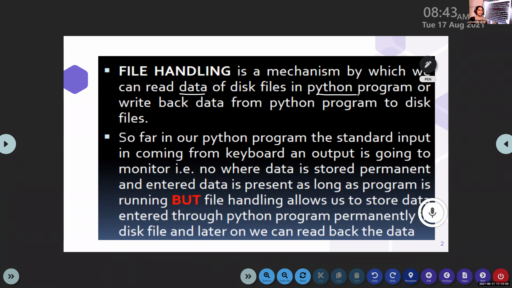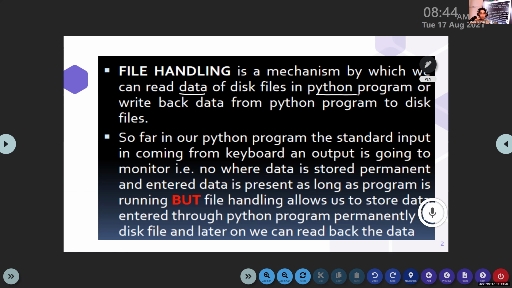In those, you give the input using a keyboard, and your output is displayed on the monitor, right? Yes, ma'am. But the output is not stored permanently. Why? Because the variable used in that program exists only until the time of execution. It carries the value till the program has been executed. After that, we will not get the output. If we want to run the program, we have to enter the value again.